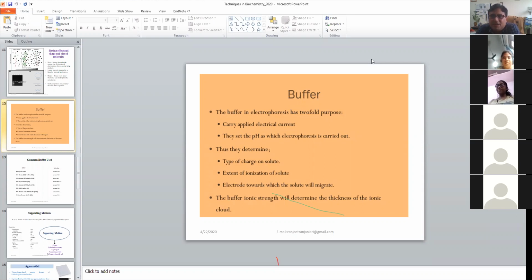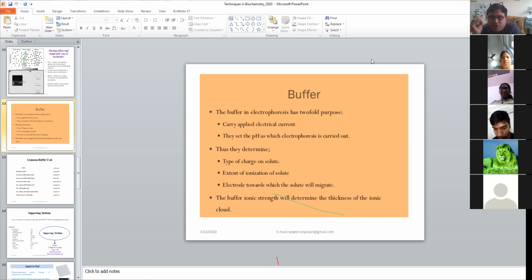Right? And most of the time when you are extracting any sample, you need to have a specific buffer for that. Now, can you tell me why? What is the purpose of using a specific buffer when you are going to extract any sample? The structure should be maintained, and the properties of the molecules should not change. Exactly. It will stabilize the structure or the property of the molecule which you have isolated.